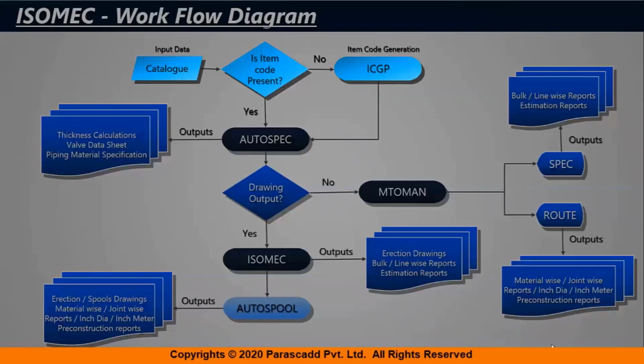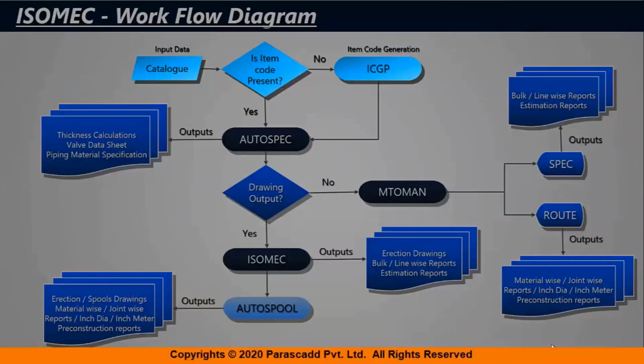Just to summarize this, Isomech software you can use for generating quick piping isometrics. It can be used by engineering companies. It can be used by construction or field engineering teams, where in case isometrics are not received at site, only we have GAs, for example, for OWS or underground piping, or for offsites, only GA is available. But if there is a need to route isometrics quickly, we can use this, and it is spec driven software. Within 15 to 20 minutes, we will be able to make one isometric very quickly.